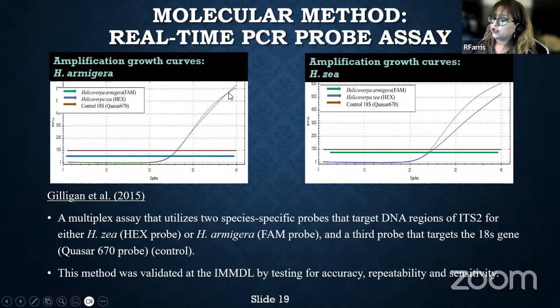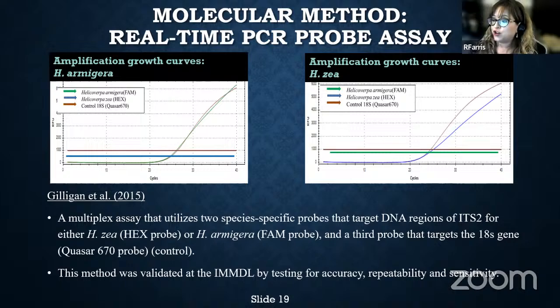Now, the internal control, we have to use in every PCR reaction that we do. If there's amplification of the internal control, that will tell us that the PCR assay was a success, all right?